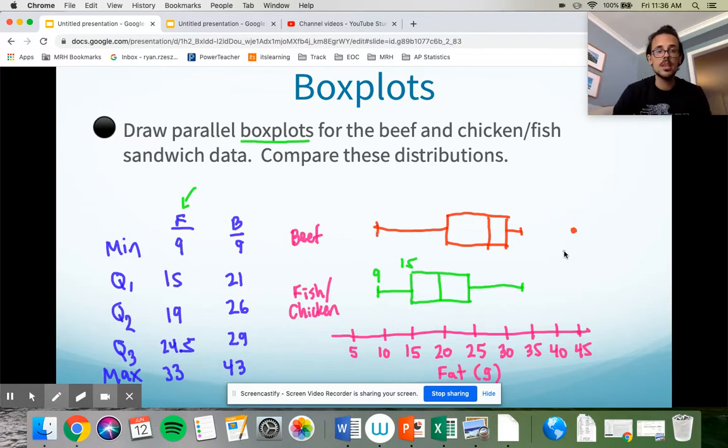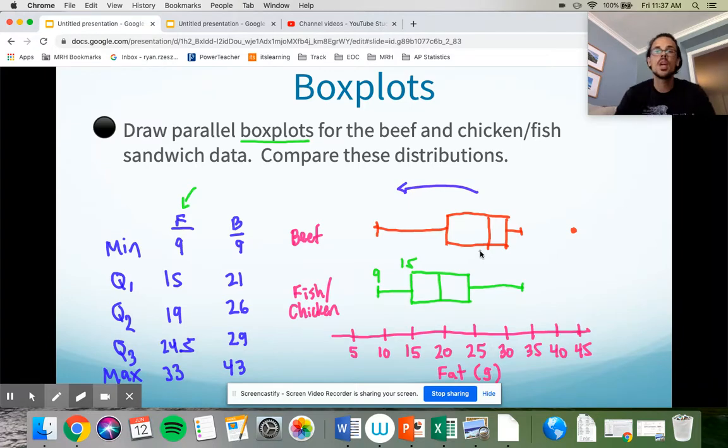This picture right here appears to be stretched. So I'm looking first at the red one. The red picture is skewed to the left. It's being stretched this way. And pay more attention to the tail than you do to the box. So if you have one giant tail, like this is a left skewed distribution here, but it's being stretched in